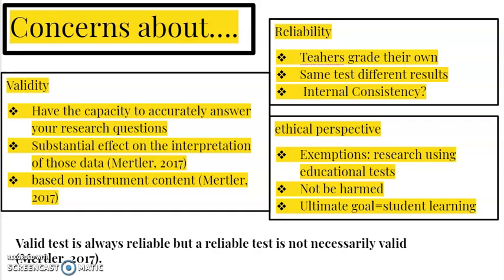So questioning whether or not these assessments will help with student learning, and our action research should always be something that we are questioning. And then I found this quote from Mertler: a valid test is always reliable, but a reliable test is not necessarily valid